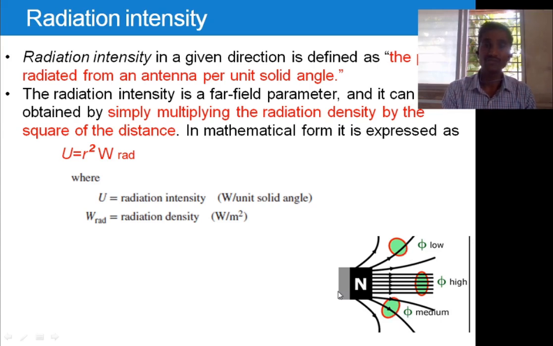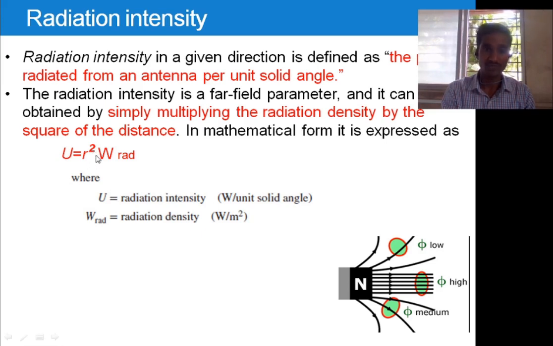In the same way, if the antenna radiates in specific directions for a long distance, and you measure the radiation of the antenna at that particular distance with some solid angle, and if you get more density of that magnetic flux, then we can say that the radiation intensity is high. Mathematically, the radiation intensity is expressed as U is equal to